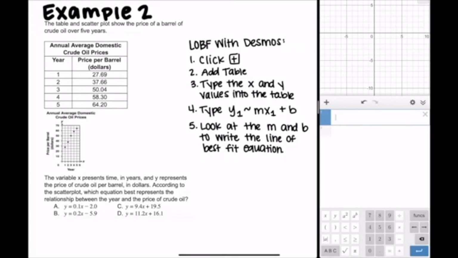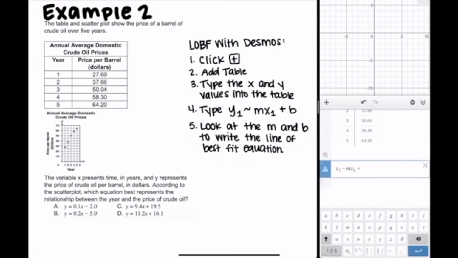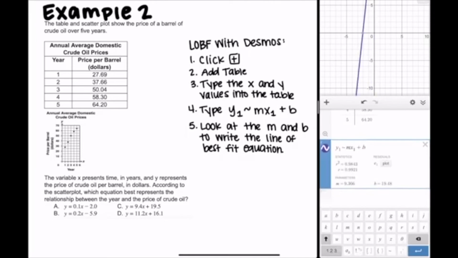So first we're going to take our table and put it into Desmos, so plus, add a table, and then put in your x and y values. Now that we have our table of values, we're going to tell Desmos that we want the equation of the line of best fit, which is y1 squiggle mx1 plus b. And now we have our m and our b value. So m is 9.366, b is 19.48,